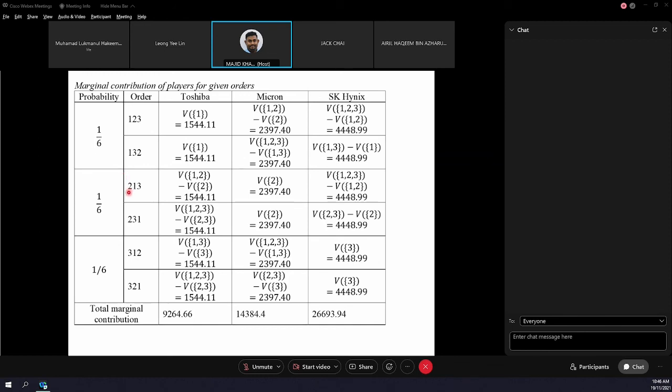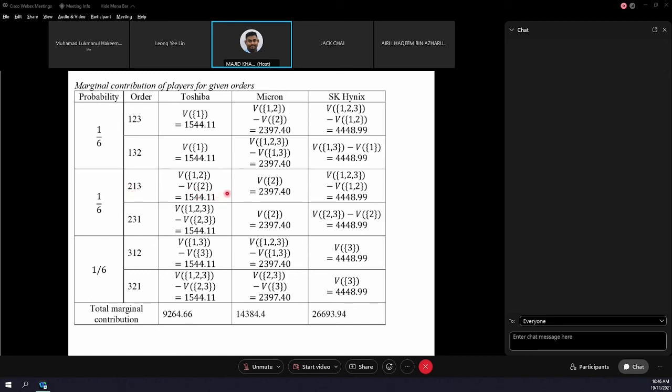When you have a different order, you will have a different marginal contribution for every row of the matrix. Here, when you have 2, 1, 3, and next 2, 3, 1, you can see the order starts to be different. When the order starts with 2, not with 1, Toshiba, who is actually the first player, you take the coalition of 1, 2 minus the current coalition, which is V2. That's why you get